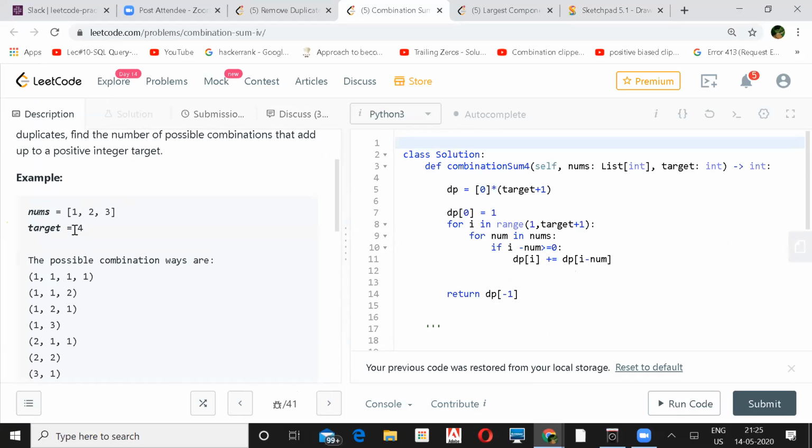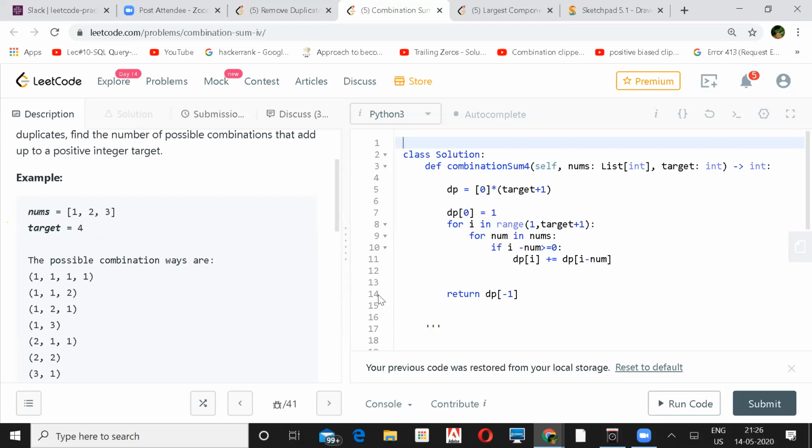Now I'll walk from 1 to 4, like your target is 4. First I'll try with 1. I'll first see whether that number is greater than or equal to this or not, because if the number that I picked from here is less than 1, then definitely that number minus 1 will be negative. That is what it is checking over here. Like for 2, if you take 1, then 1 minus 2 will be negative. You can't have a complement number as negative, right?